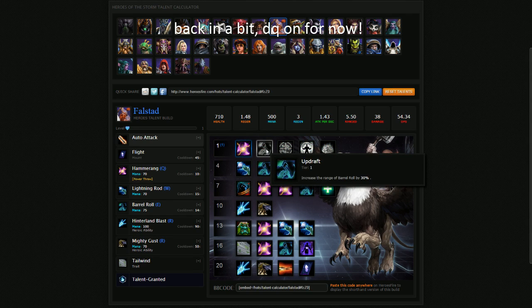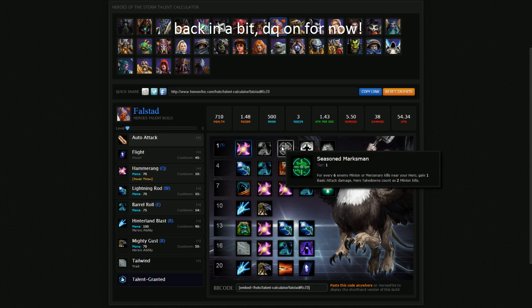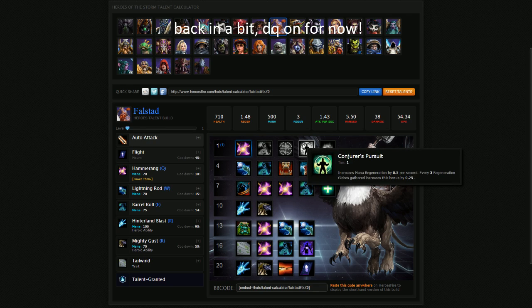Just looking at the other ones quickly, Updraft, you get increased range on the barrel roll. That's cool. Seasoned Marksman again if you're going auto attack. Conjurer's Pursuit, Falstad, I don't know if it's worth getting. You're getting mana retention, but he's really the kind of hero that you're going to auto attack a lot just when you're in the lane, and then once you see those opportunities, then you're going to cast all your spells